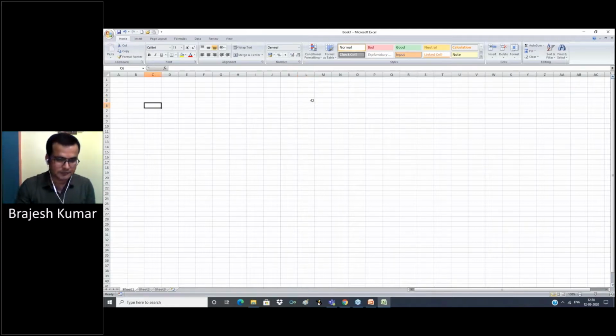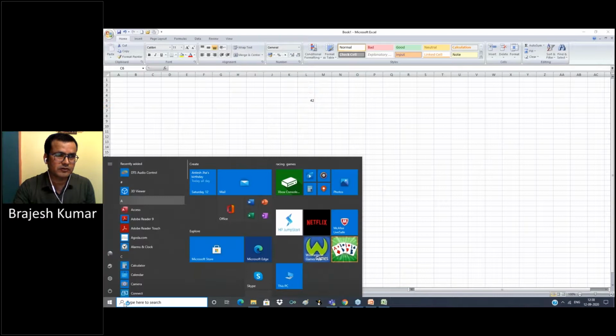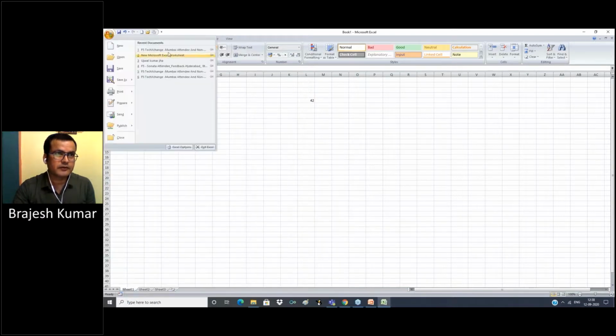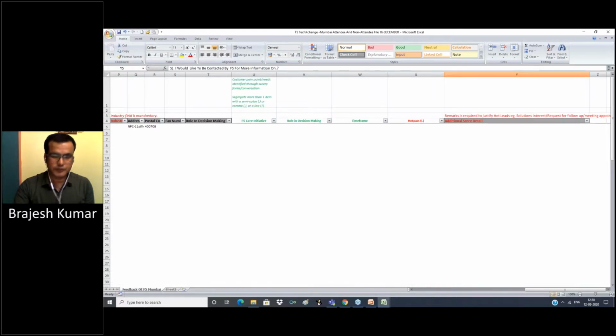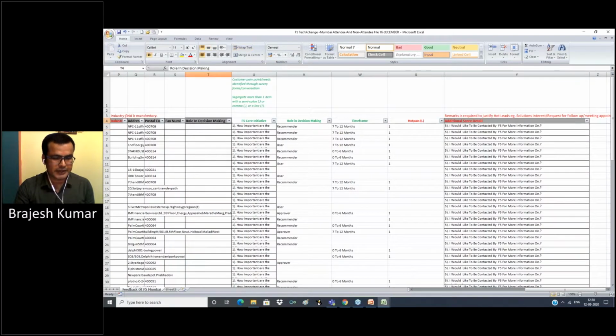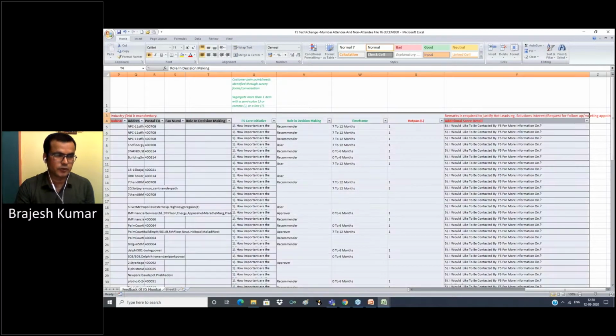Now we discuss shortcuts. Some common shortcuts: Control A to select all. Suppose we open a file and we want to select all our data in the Excel file, press Control A to select all data.